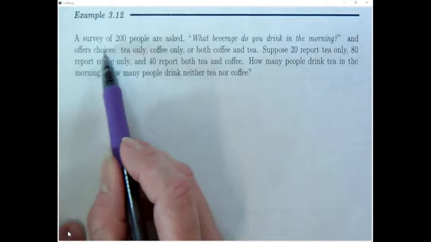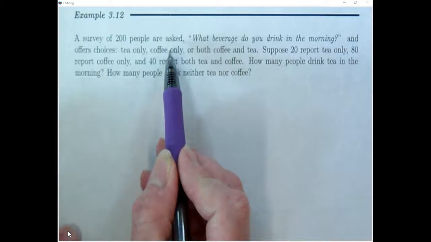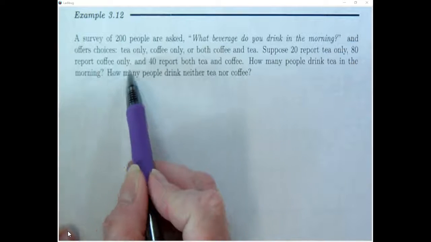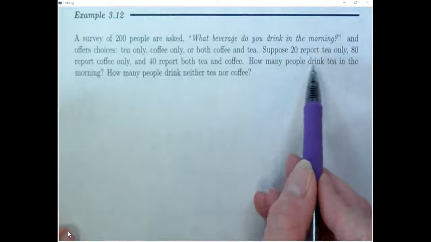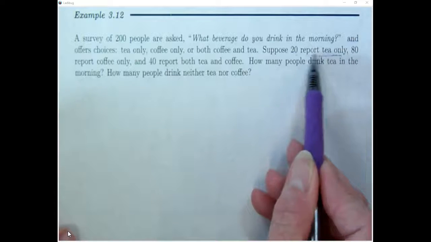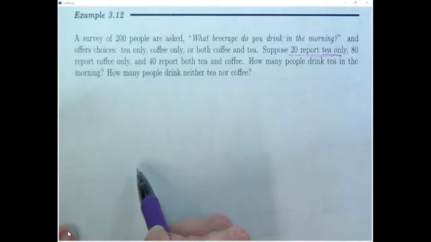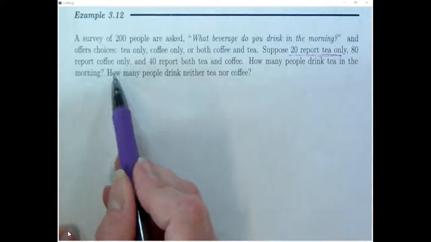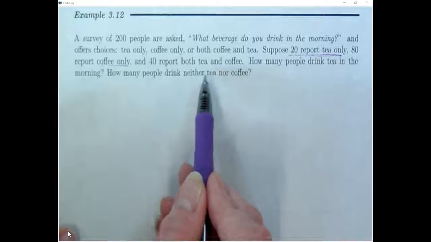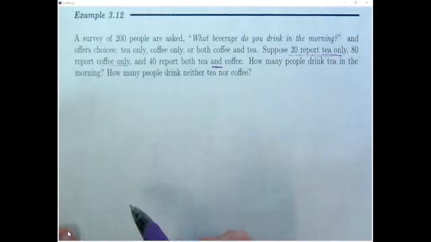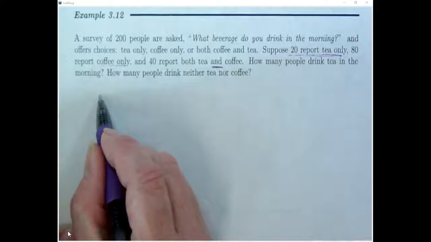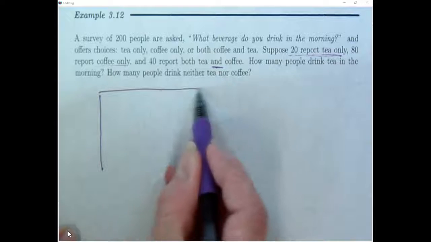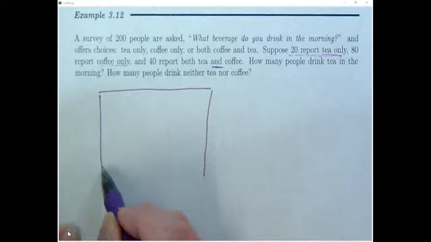So on this one here, we have a survey of 200 people who are asked, what beverage do you drink in the morning? It offers choices: tea only, coffee only, or both coffee and tea. Suppose 20 report tea only. So remember, tea, no coffee, right? So think of the idea of the complement we were using. 80 report coffee only, and 40 report both tea and coffee. So that's our intersection. How many people drink tea in the morning? How many people drink neither tea nor coffee? So we would draw our box here, make